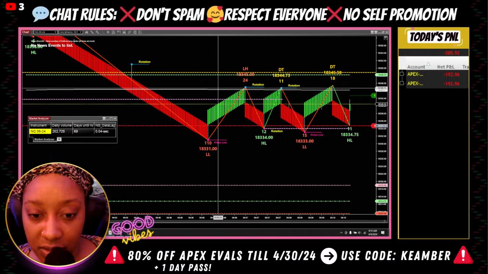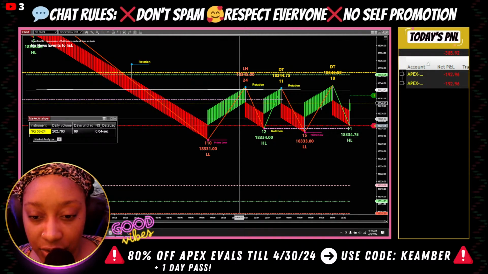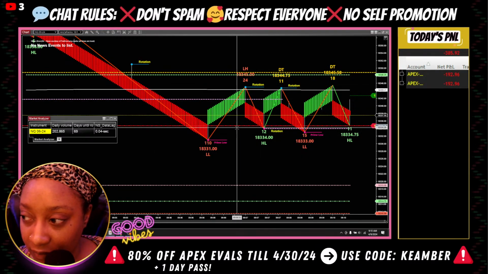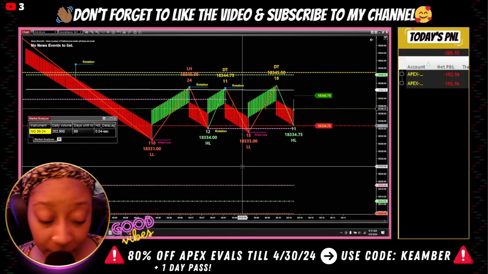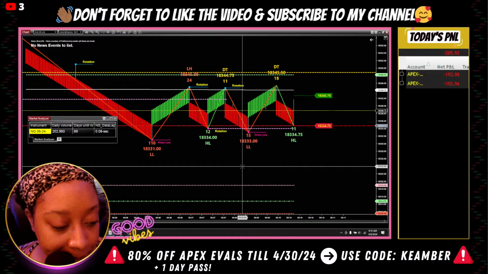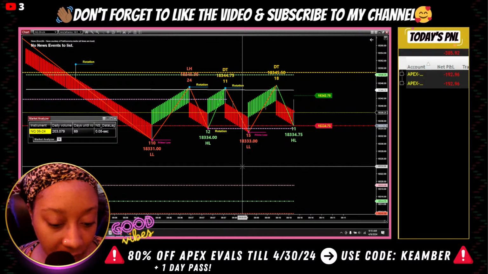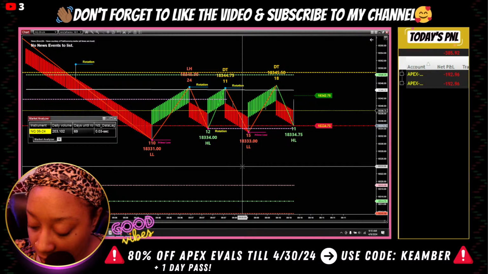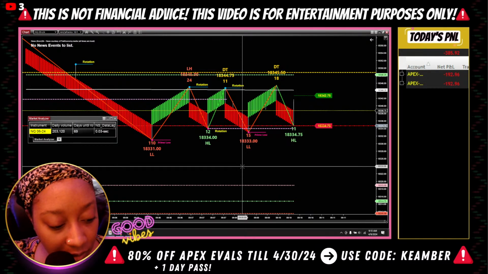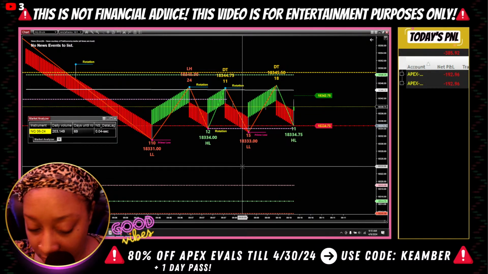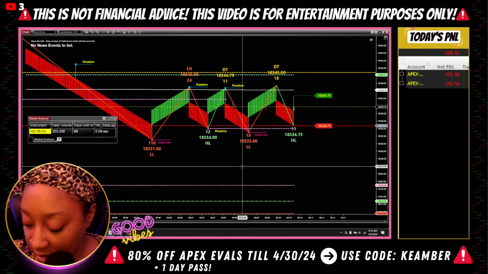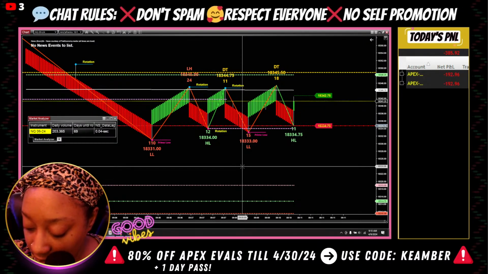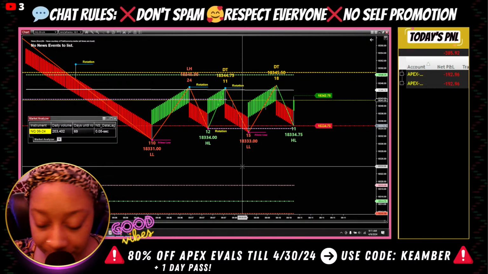But yeah, every time we try to start creating structure, we're getting stuck between levels like this. And it's been happening like this since the market opened. And for me, I don't want to not trade under certain conditions. I want my strategy to work in the different conditions. That's what I care most about.